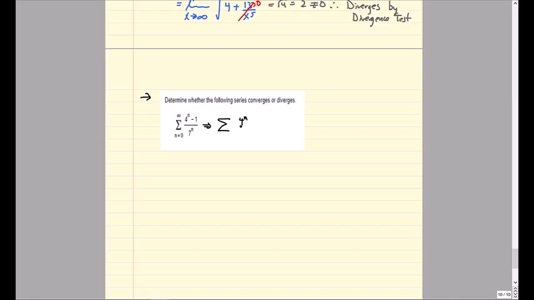So sum of 4 to the n over 7 to the n minus sum of 1 over 7 to the n. Now as I rewrite these, this is going to equal 4/7, so I'm going to put a 1 out front, 4/7 to the n minus, I'm going to put a 1 out front, 1/7 to the n. Now the reason I put the 1 out front is then I can see what my value for a is if needed. So both of these are geometric series